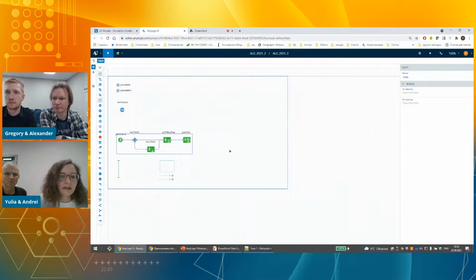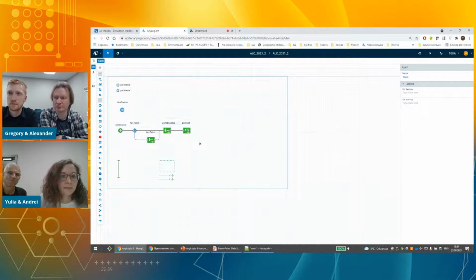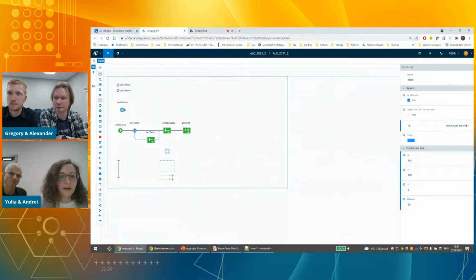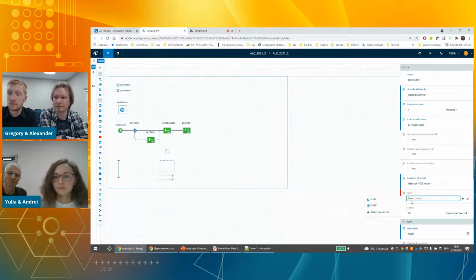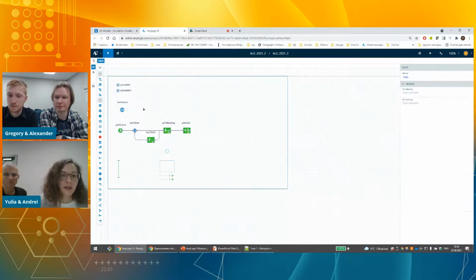And let's add a point node as a markup element. I'll also change the speed to 10 kilometers per hour just for animation purposes.